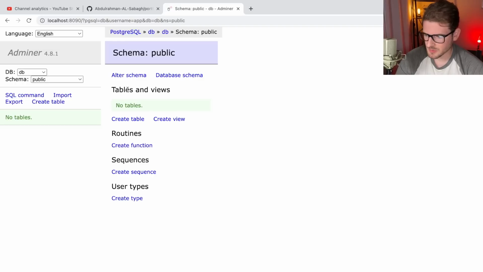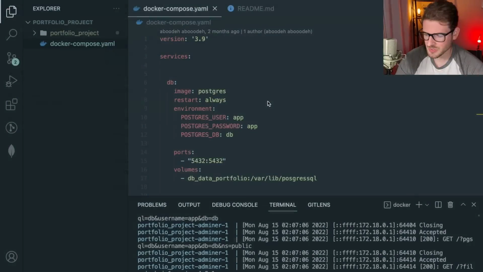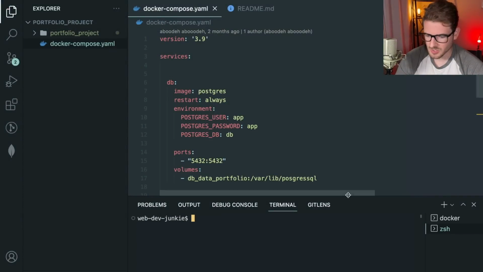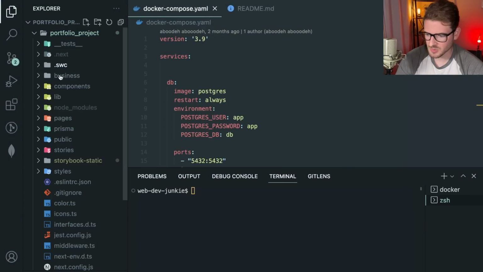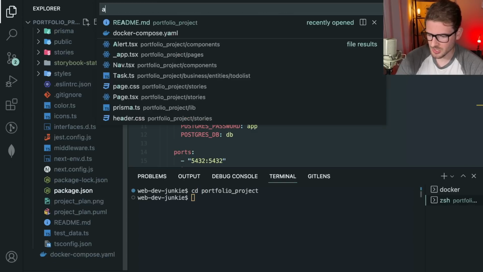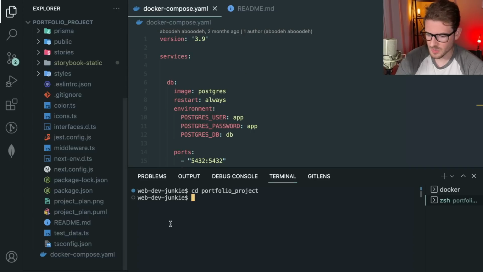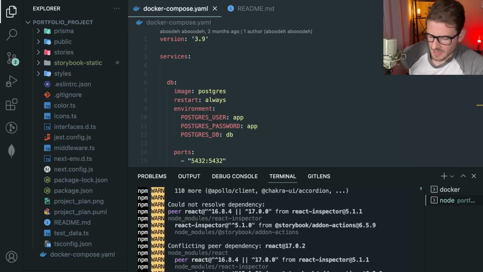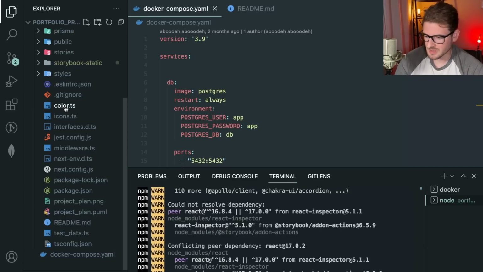We don't have any tables, and that's probably because he might be using Prisma, and we might need to actually create some tables. So let's go into a new terminal and dive further into his project to see if we can get this running. Let's go into the portfolio project, and I think he might be using Yarn. Let's see if there's a Yarn lock anywhere. There's not, so I'm going to do an npm install. I'm on node 18, so hopefully that doesn't cause any issues. I don't know if he's using 16 or 18. I'm hoping he's on 18. I don't know if the README says anything about that, but